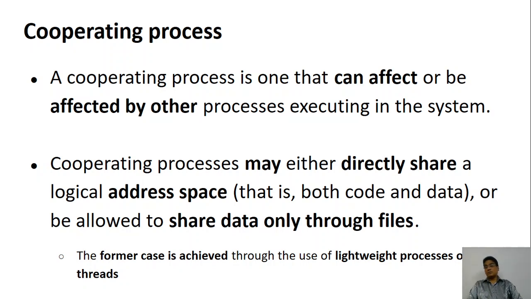How do they achieve this? We have already seen in the previous session. One way to achieve this is by sharing some memory space, so that the two processes can write onto the same shared memory space. Also, it is possible to interact with other processes using files. We can share a common file among the two processes, so one can write onto the file and the other can read from the file. How do we achieve this kind of cooperation? We are already familiar: we can use threads or lightweight processes.